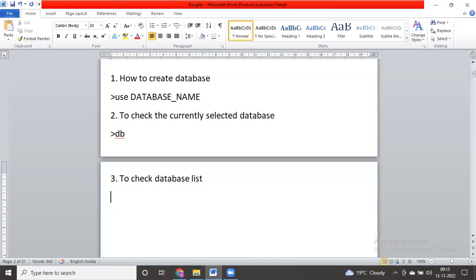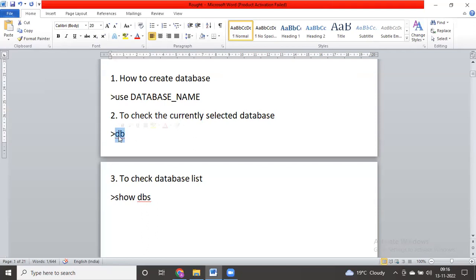ओके, तो उसको चेक करने के लिए कमांड होती है, दैट इज show dbs। show dbs मतलब डेटाबेसेस को ऑन द स्क्रीन शो करना। It just represents how many databases we already created in MongoDB. ठीक है, सिंपल, ये जो कंसेप्ट, ये db कमांड जो हम लोगों ने यूज किया है, so that db command is basically used to just select the database कि मुझे इस डेटाबेस के ऊपर काम करना है।